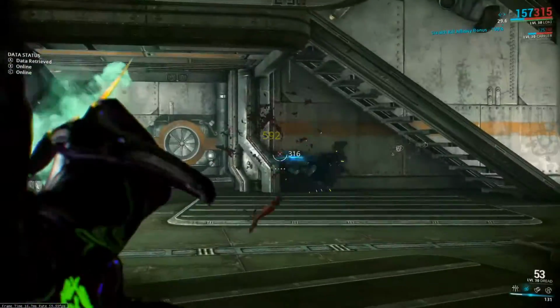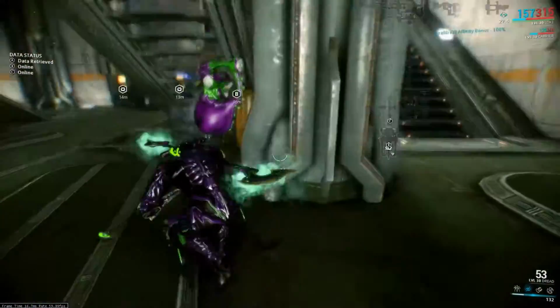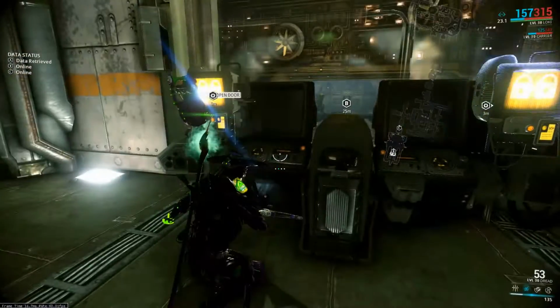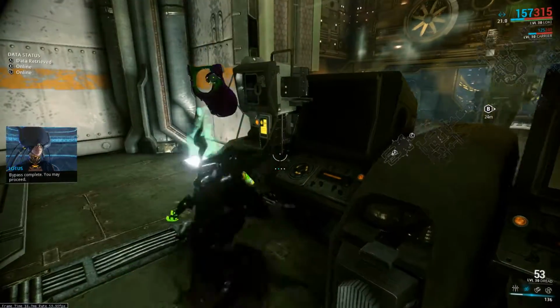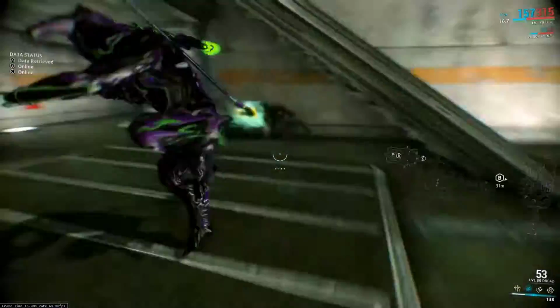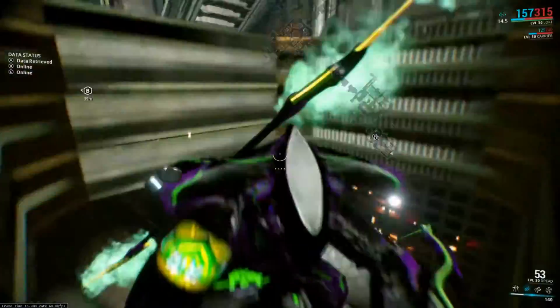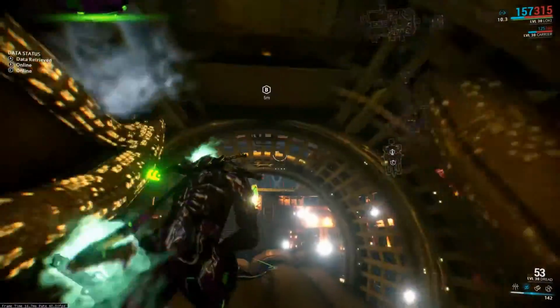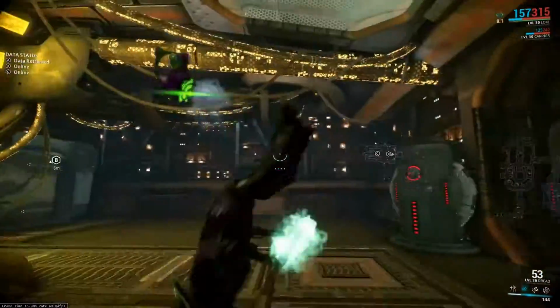Obviously, since I'm doing the video, I'm just going to do it the easier way and kill the stuff so I can take a minute to explain things. Now this is a buddy door, basically. You need a second person to activate that elevator, and then you can run back up and both of you can go down, or one of you can go down. That's the harder way. Easy way, just drop down this hole, slide through or run through, and boom, you're already